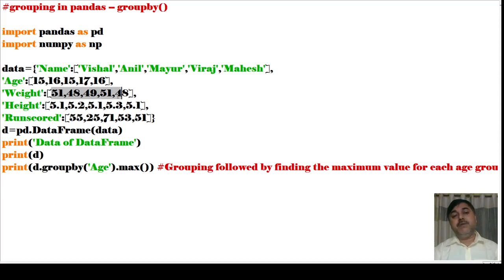Then height I have given 5.1, 5.2, 5.3, isn't it? Again 5.1. So all these different heights have been given. Then I have given a round score: 55, 27, 71. So this is one pattern of the data structure and data frame that I have taken. The structure I have taken, I am working with those structures, and I am showing you that when